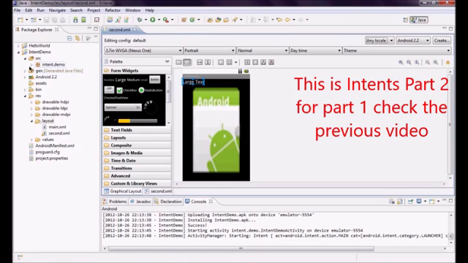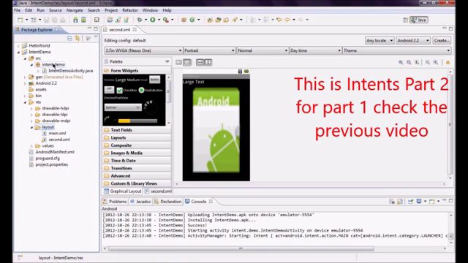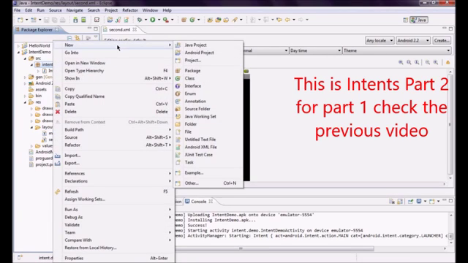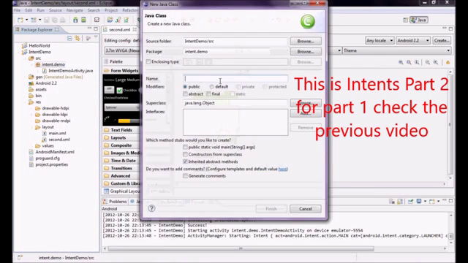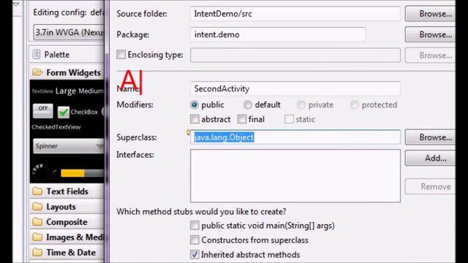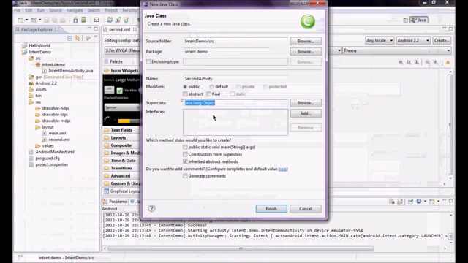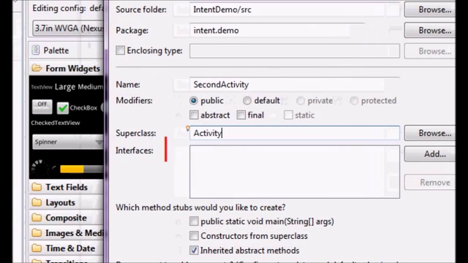Now we require an activity. So make a right click over here, go to New, and then click on Class, and I'm putting the class name SecondActivity. As we know, this time it's just a normal class. And if you want to make an activity class, you need to extend a class, and that class name is Activity. So here just type in the superclass Activity, and after typing this, press